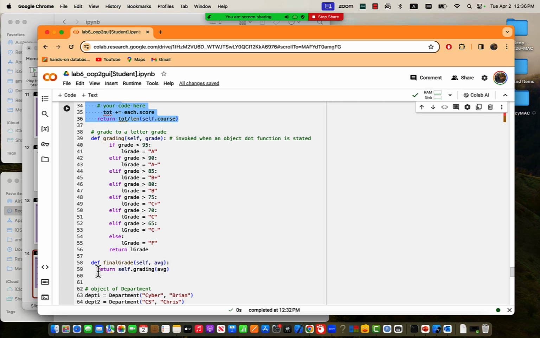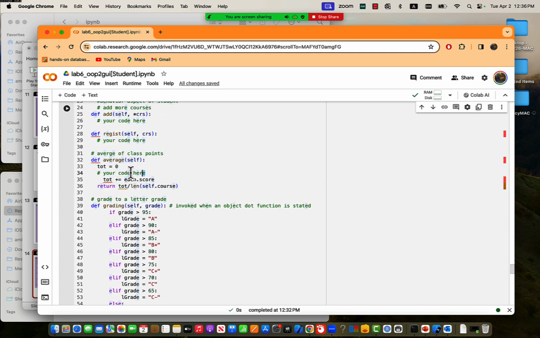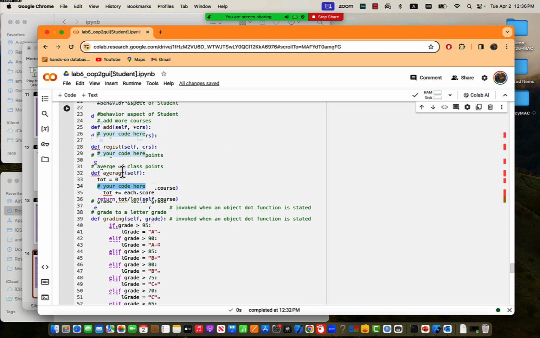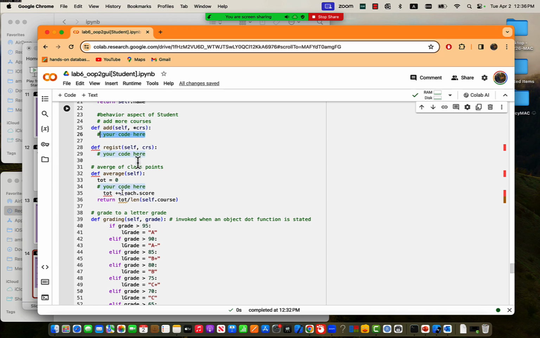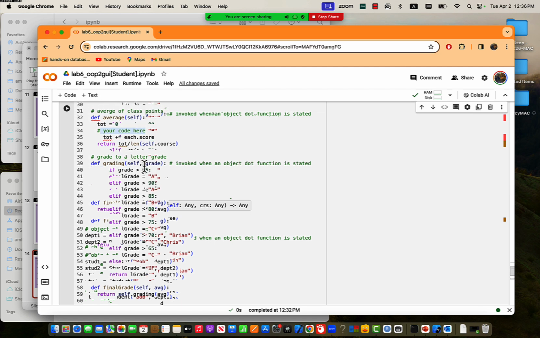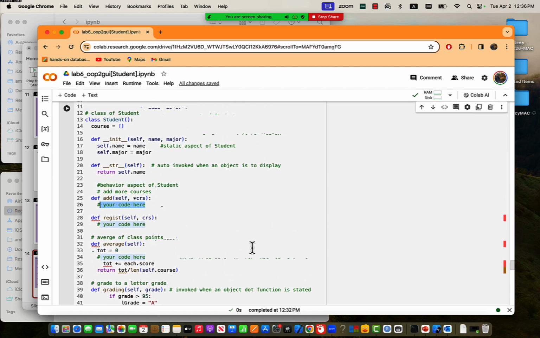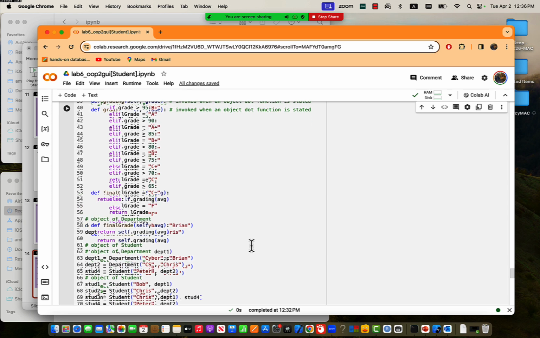If it is given, do not change it. I know some students want to do another way. Don't do it. If I find it, you don't get the credits. Use this as is. But only what I want you to do, if I say here, your code here, then you need to put that code here. This is the students class. Okay. And then we have another class,